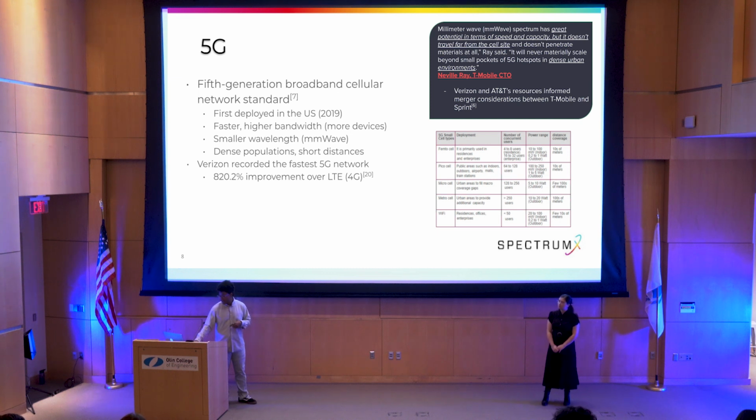On the top left, you can see a quote from T-Mobile: millimeter wave spectrum has great potential in terms of speed and capacity, but it doesn't travel far from the cell site. It doesn't penetrate materials at all. It will never materially scale beyond pockets of 5G hotspots in dense urban areas. This 5G rollout also motivated the big merger between T-Mobile and Sprint so that they could maintain competition with Verizon